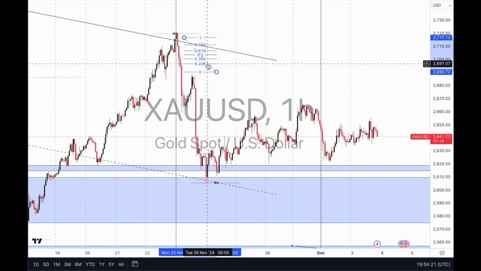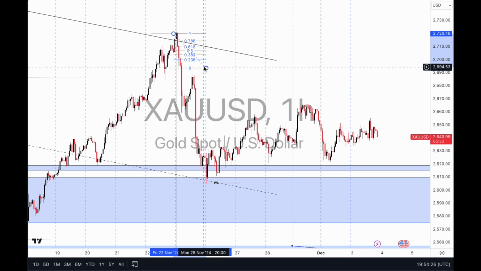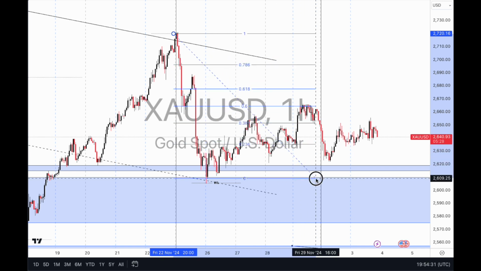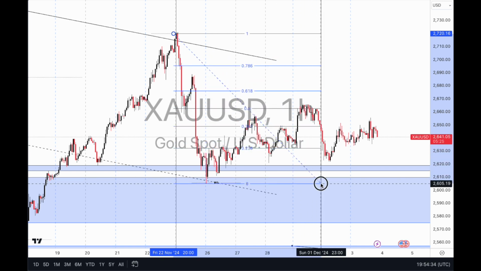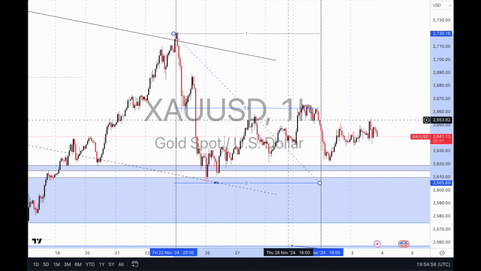So what I'm going to do is grab this fib level, right? And when it comes to the fib, depending on how you're using it, it really doesn't matter on the direction of the fib. So essentially, there's only three levels that I care about when it comes to the fib, right? The 100%, the 0%, and the 50%. As a matter of fact, let's just clean this up entirely. Let's go back into the fib again, and let's get rid of the ones we don't need. So we don't want that, we don't want that, we don't want that, and we don't want that. So you want 0, 100%, and the 50%. So basically, we want it looking like this, right?